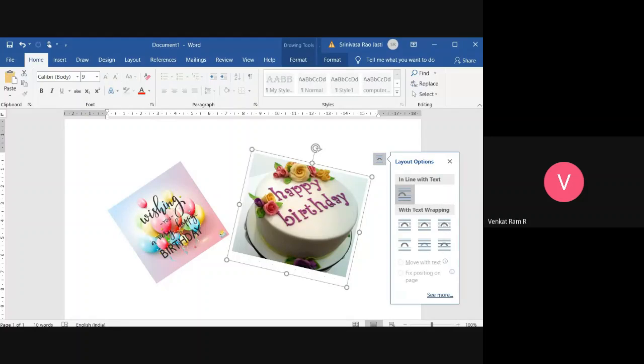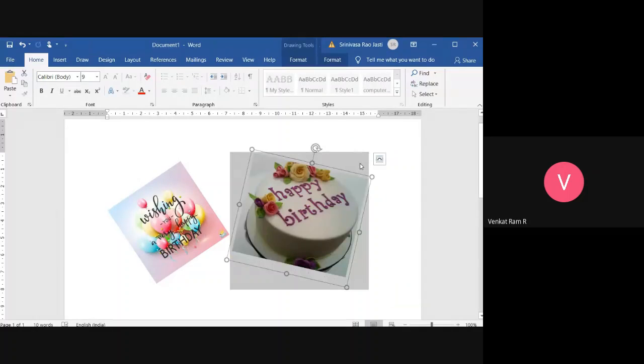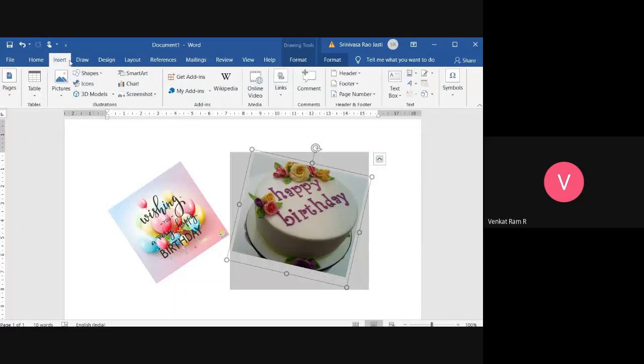See here, with the text wrapping, options are present here, in line with the text and all. And next, clip art, where you can insert some pictures.